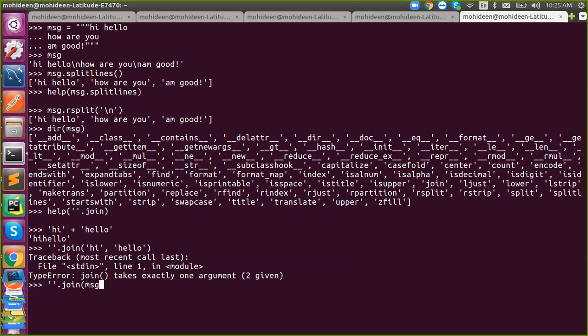So I'm going to pass a message inside, and this is the separator. So this will print as it is. What happened? In a join, what you're passing as a substring will go in between two items.